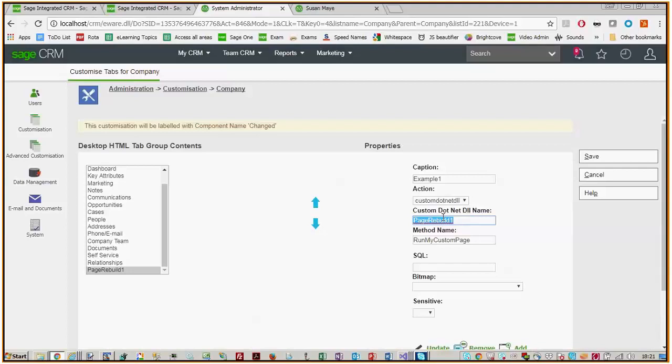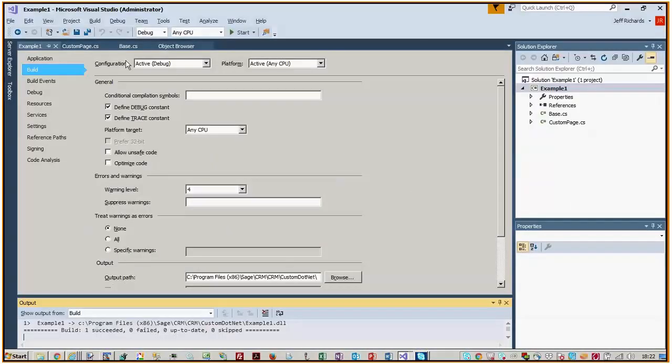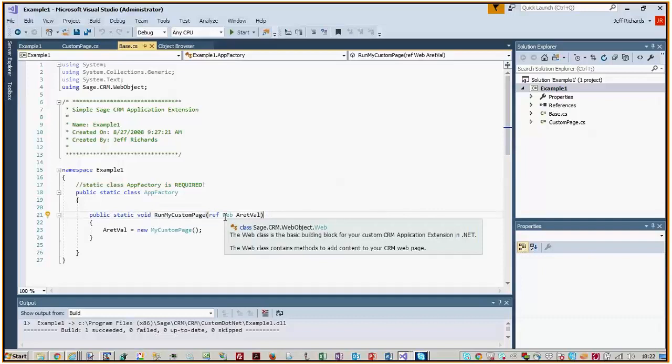Anyway, example 1 is the name of my project, and that method name that I have to use here is the name that is referenced inside the base environment, which has got my app factory, and you can see there is my run custom page, and that's being passed in the web object that we're dealing with, the web class, which has to be,